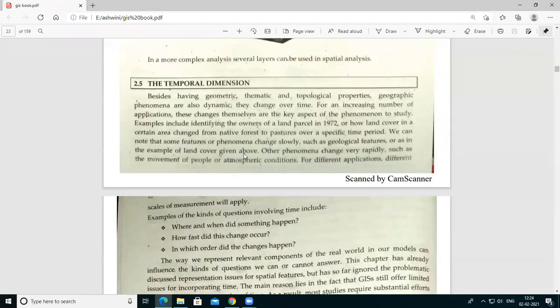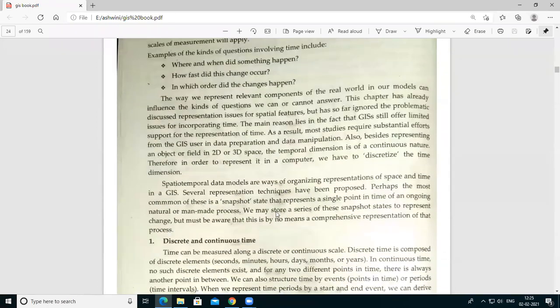Also, how fast did this change occur, that means in how many periods these changes are going to be done, then in which order did the changes happen. So these types of questions involve including a time period. Okay, so there is an important role of temporal dimension, that is timing in a graphical representation.